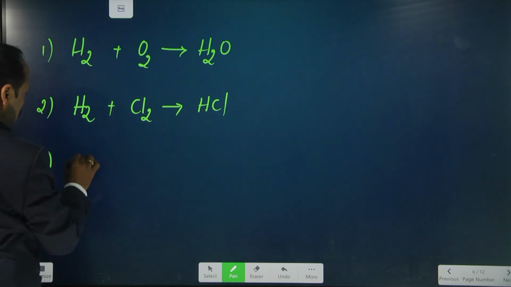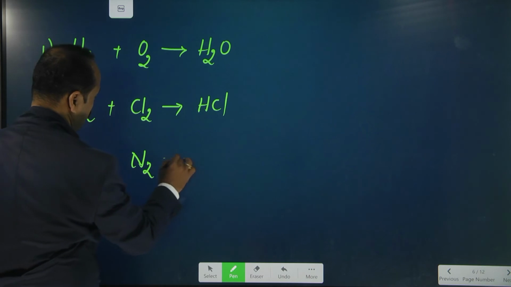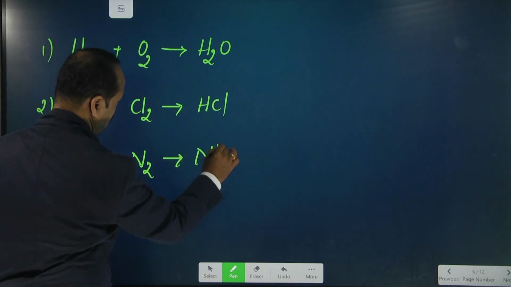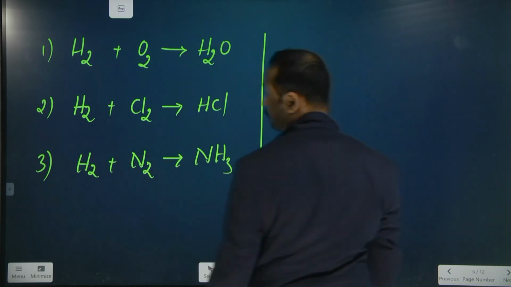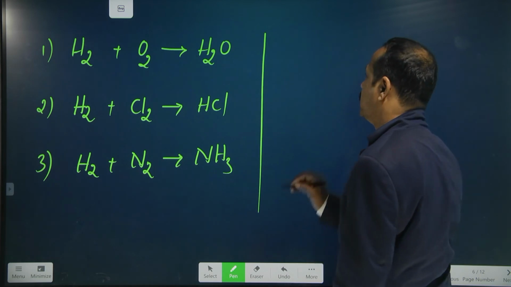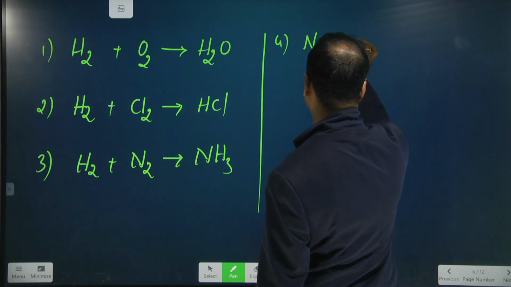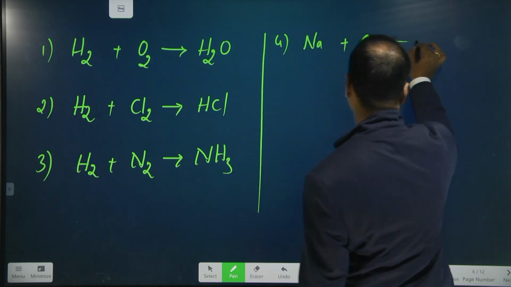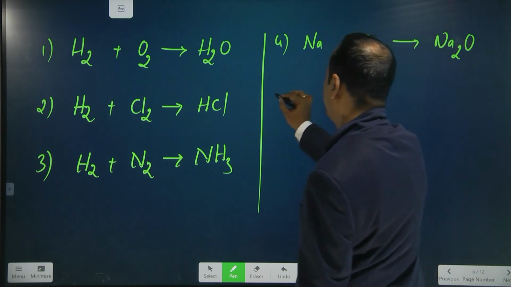Third equation, hydrogen plus nitrogen gives rise to ammonia, NH3. Next, the fourth one, sodium Na plus O2 oxygen forms Na2O, sodium oxide. Fifth one,